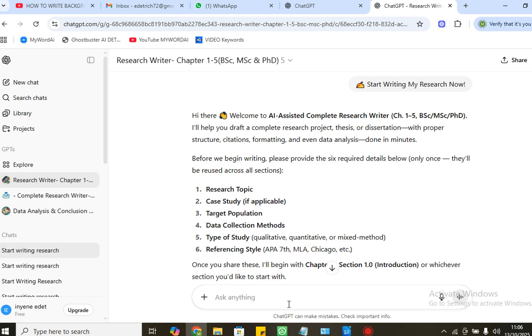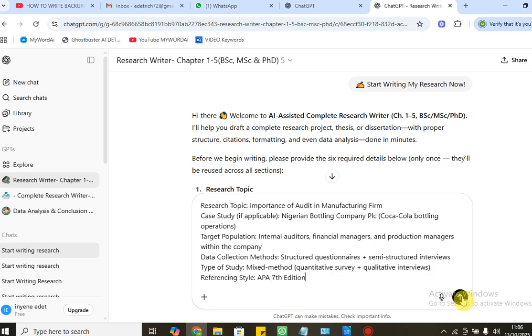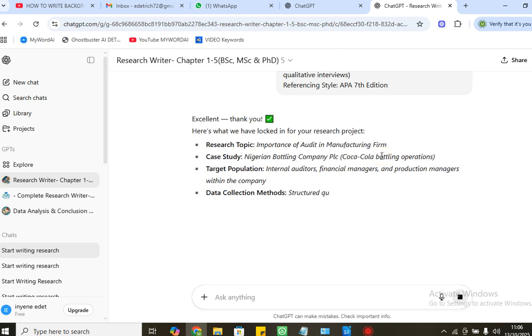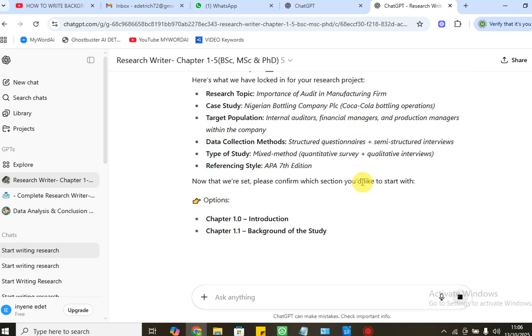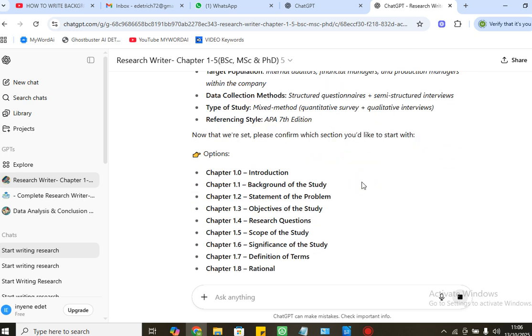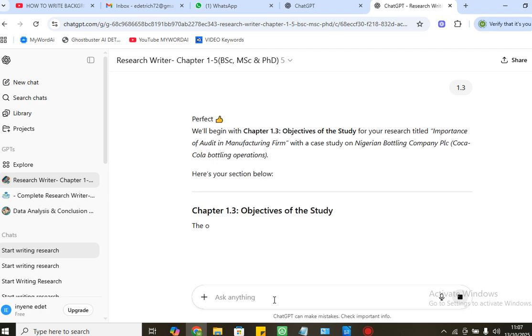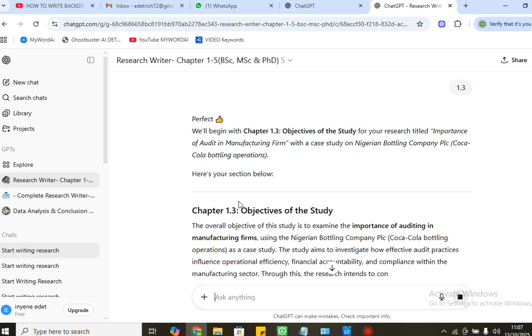So I'll paste mine here. Good. So we're writing chapter 1.3, so I'm going to prompt 1.3. Woo. My objectives of the study are ready. So all I have to do is to copy